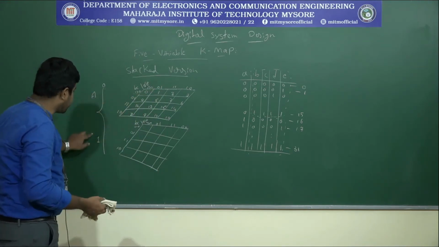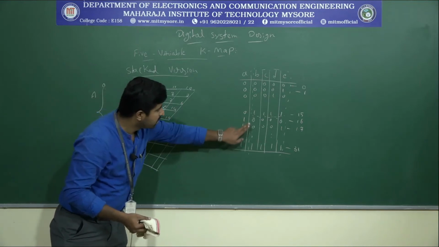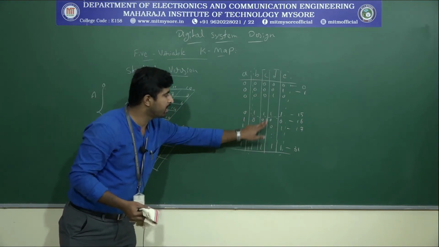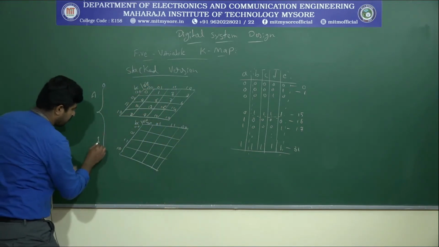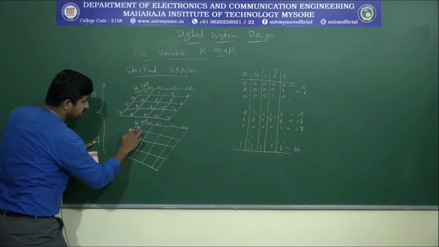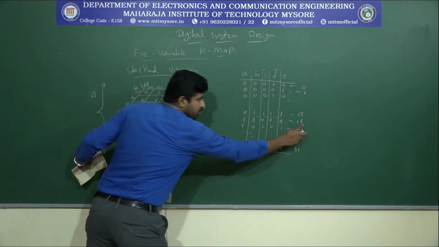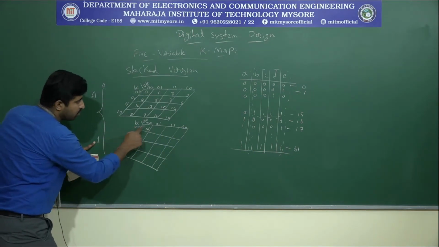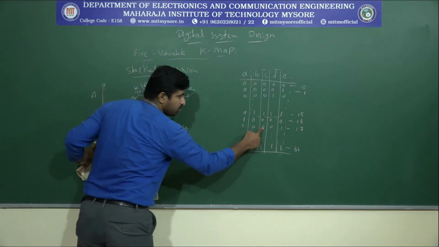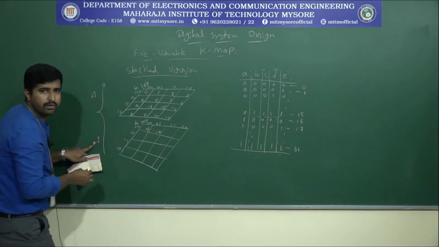Now A can take the value 1 also. So when A takes a 1 value, then again this BCD will be repeated from 0 to 1, 1, 1 only. So again, A is 1, next B, C, D is 0, 0, 0. That is 1, 0, 0, 0, 0, which corresponds to 16. Next 1, 0, 0, 0, 1 is 17. Are you able to understand?